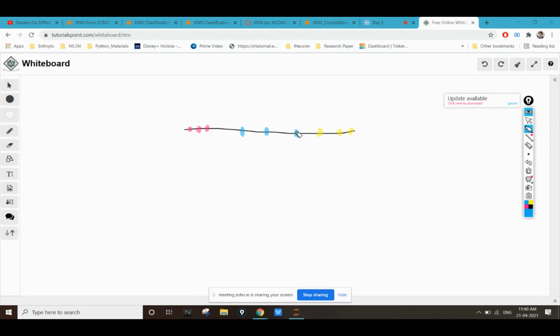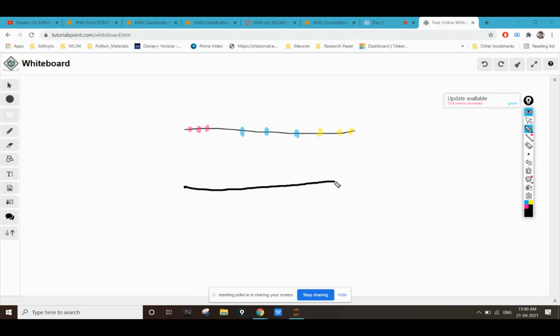Now this is our base dataset, with the result that it is divided into 3 categories, where we have a total of 9 points: 3 blue, 3 yellow, and 3 pink. But if we don't know the categories of these points, how would it look to us?